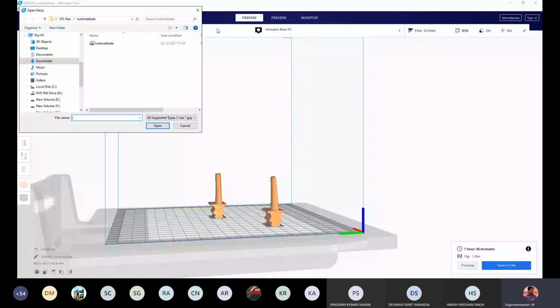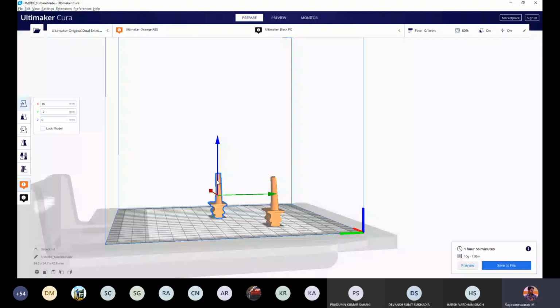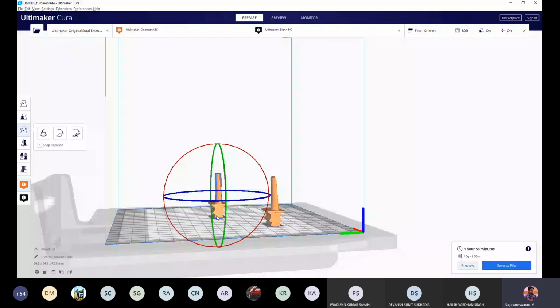Instead of opening a new file, just close that. Select any one model. I think you all can select this model, which is at the center. Select rotate. So this is what I mentioned. Since we are going to add material layer by layer, you can add material at any orientation. For example, I have just rotated 30 degrees.